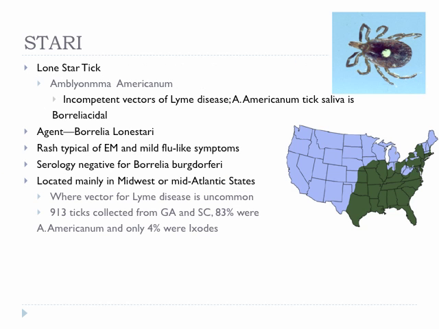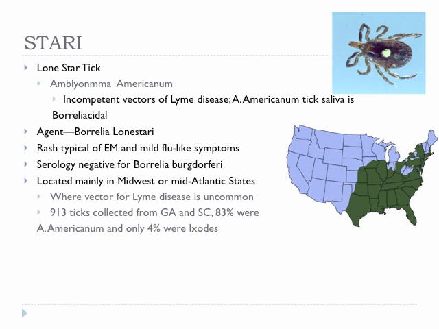So when they did more analysis, they found that it's transmitted by Borrelia lonestarii, with the lone star tick being the vector. The lone star tick is an incompetent vector of Lyme disease because the tick saliva in this tick actually kills Lyme disease. So the rash is typical of EM. It's described as an EM-like illness with mild flu-like symptoms, and actually you could have an equivocal ELISA, but your Western blots